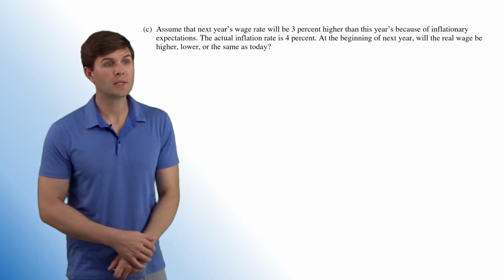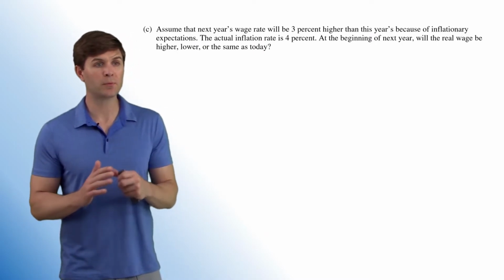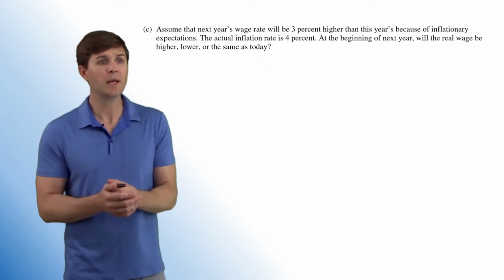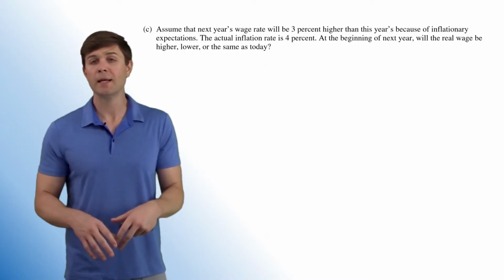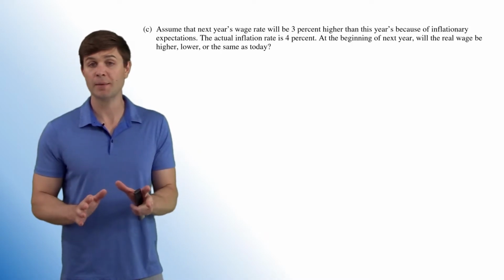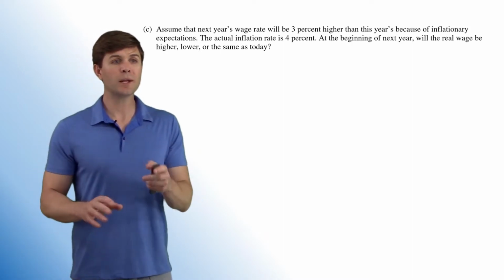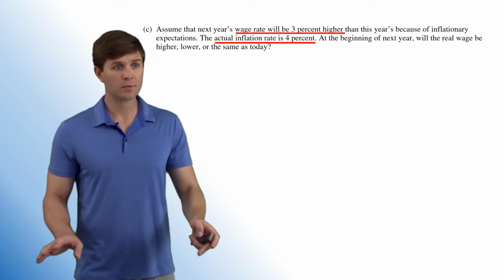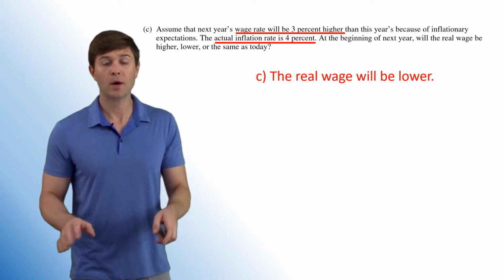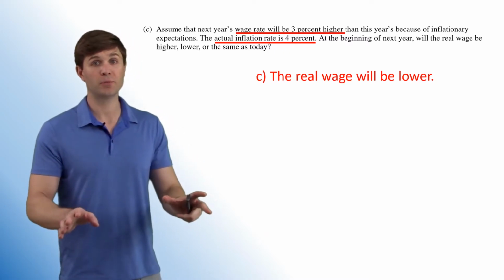All right, Part C, assume that the next year's wage rate will be 3% higher than this year's because of inflationary expectations. The actual inflation rate ends up being 4%. At the beginning of next year, will the real wage be higher, lower, or the same as it is today? So this one we got to think about a little bit. The easy answer is that the real wage rate will be lower. All right, but why? This is all you need to put for the answer, but I want to explain it